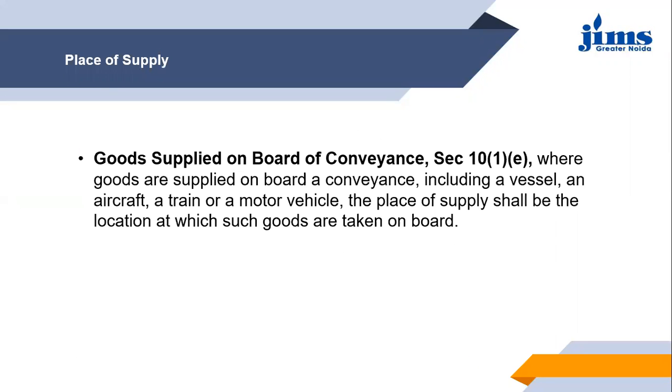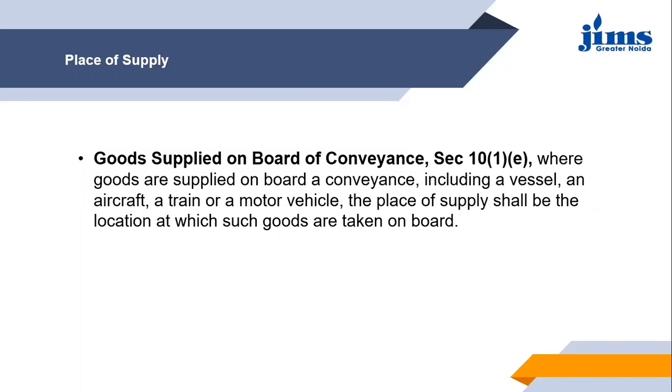Coming to the next point, it says goods supplied on board of conveyance. Section 10, subsection 1, clause E, which simply says that the situation where the goods are being supplied on board a conveyance. On board a conveyance means the conveyance can be anything. It can be any vessel, as I have written here in the slide, any vessel, any aircraft, train, motor vehicle, bus, whatever. So, under the situation where the goods are being supplied to these conveyances, maybe aircraft, maybe train, maybe vehicle, bus, transport, any sort of transport you are considering here, if the goods are supplied on a moving conveyance,